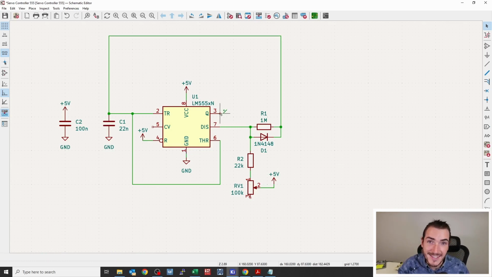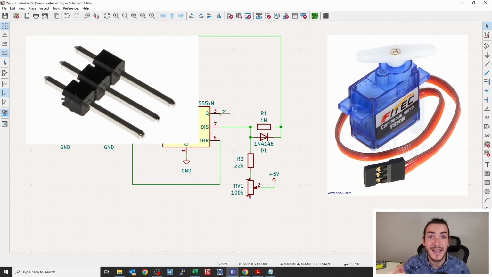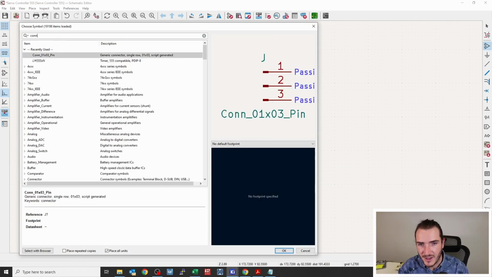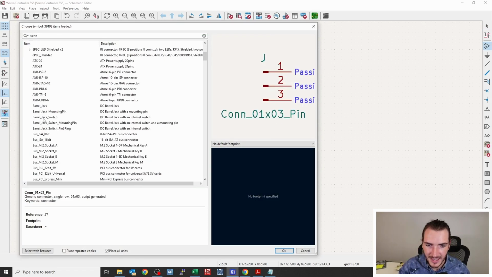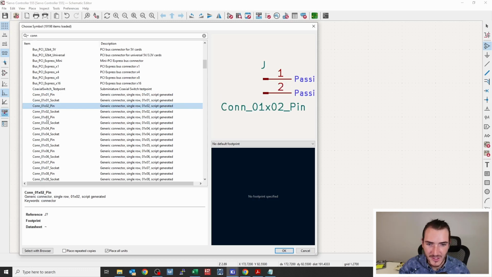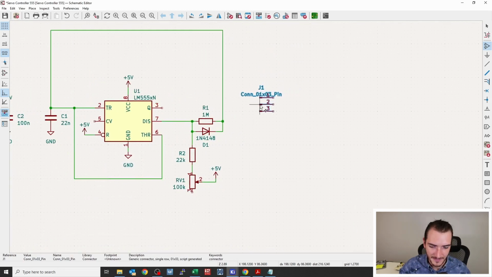The only thing that's missing is the output connector. We need a 3-pin header because our servo has a 3-pin connector on it. Strike A and search for CONN. We can open up the connector library, and we have these generic connectors here. You can see CON 1x1, 1x2, 1x3. I want a 1x3 pin connector. So I'll double click that